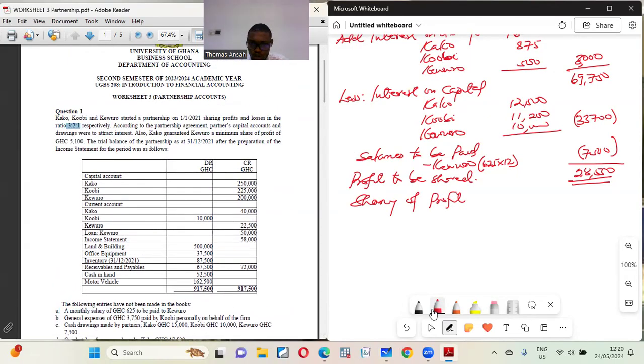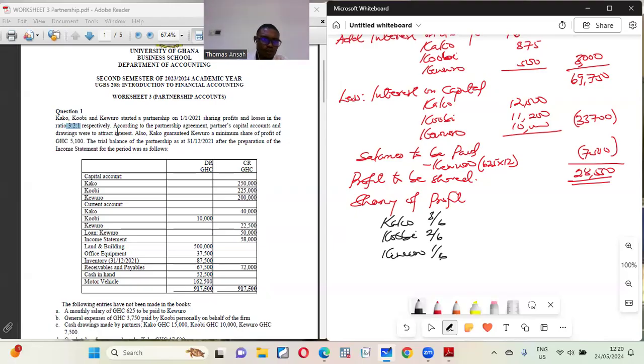3:2:1, right? So what do we do? We take the names: Kako, we take Kobe, we take Kehuro. So Kako will be 3 over what? Yes, 6. That's good of you. This will be 2 over 6. Then this will be 1 over what? 6. Where did we get the 6 from? It is 3 plus 2 plus 1. So that is what we have. We are sharing it, so we multiply by 28,550, by 28,550, by